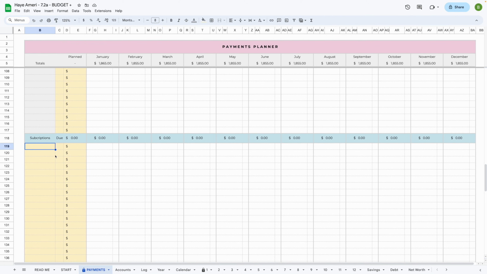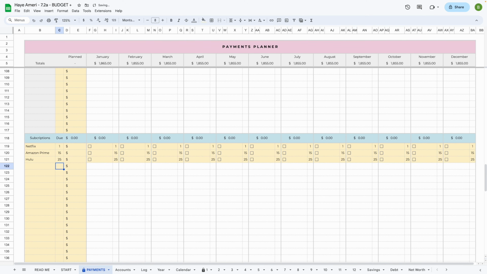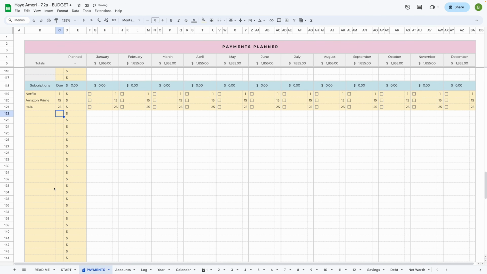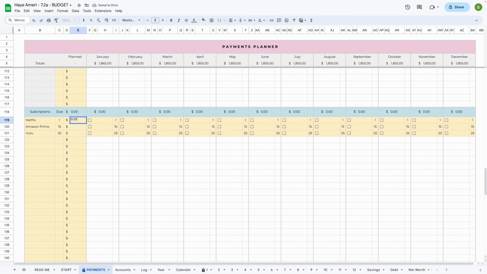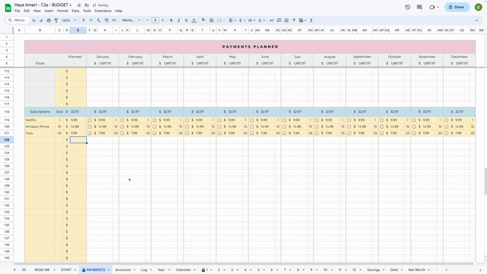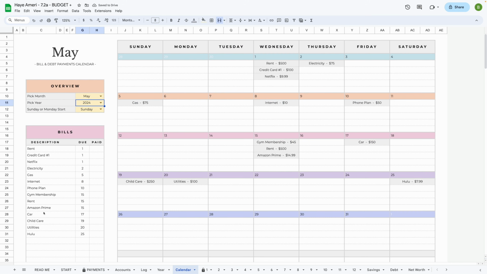So let's say, for example, you have Netflix, you might have Amazon Prime, let's say Hulu. Now you just enter in these subscriptions here. You can enter in the due dates here as well. So you can enter quite some subscriptions here. And let's say you enter these amounts over here. Again, now these will be added to the calendar here for you. So we can see Hulu, Netflix and Amazon Prime, all of them have been entered into the calendar,